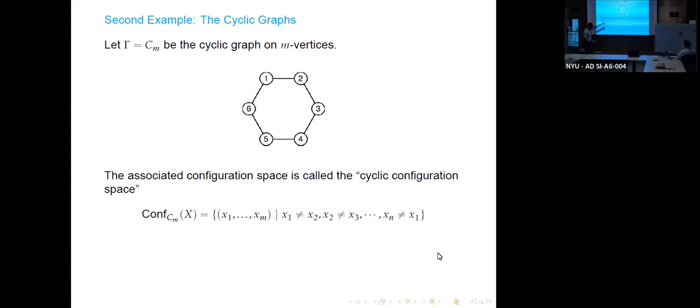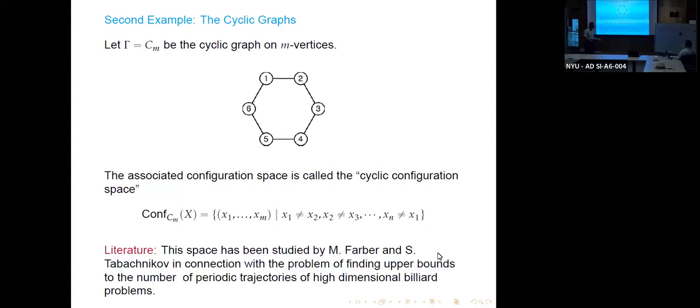So the cyclic graph is like the line graph, only the last one would connect to the first one. Right? And so you have this. This is a billiard problem. These have been studied by Farber and Tabashnikov, and the formula I'm going to give you was obtained by them,